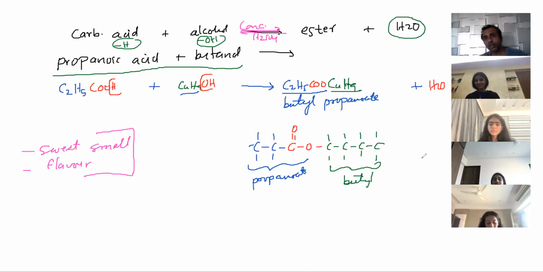You look into the book. In the worksheet I will have every single type of sum, two to three sums of every type. Maybe we can do one or two classes with all the sums of every type. Okay, is that fine? So you solve that, and whichever ones you are having a problem with, we'll discuss them. If you want, I'll send the mark scheme also, so once you do that, you can check your answers.